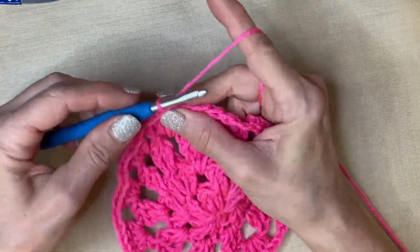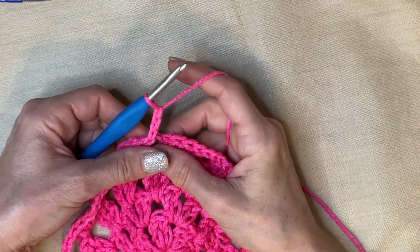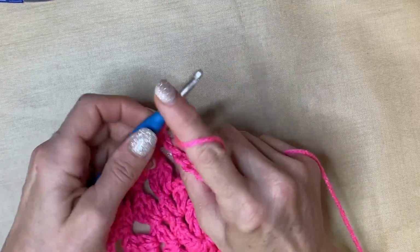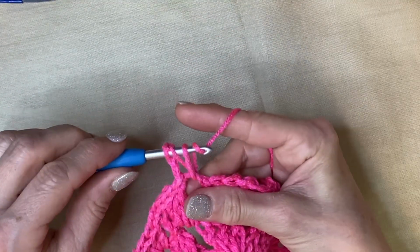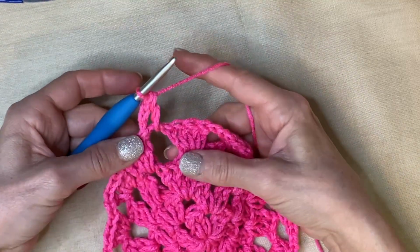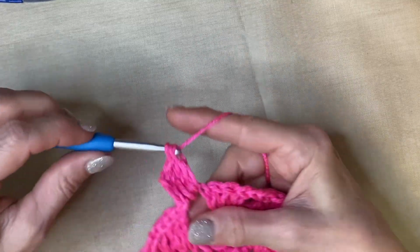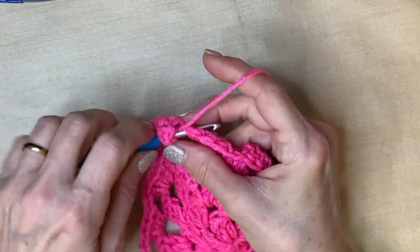And chain 3. 1, 2, 3. And then in this one, we're going to put 4 more double crochets for a total of 5 double crochets. So again, yarn over, go in your loop, and we're going to go through 1, 2, 1, 2. Okay, and we're going to do that 2 more times. So that's 1, 2, 3, 4, and here's 5